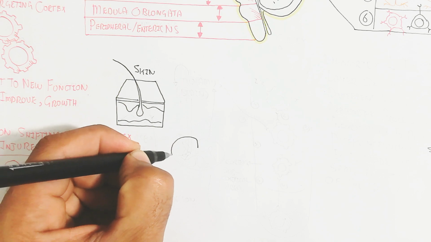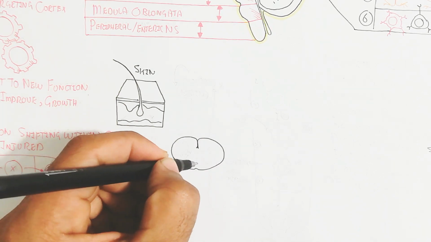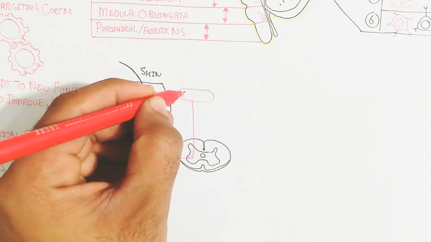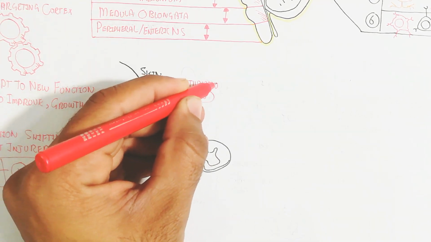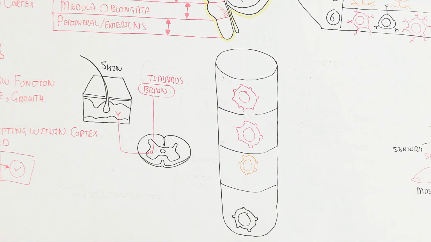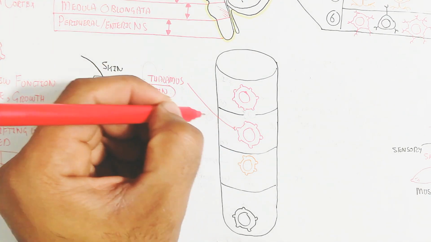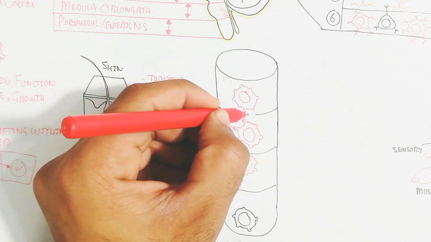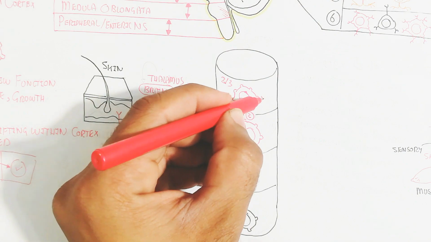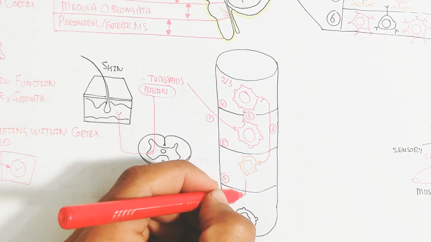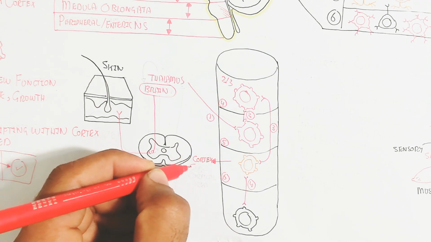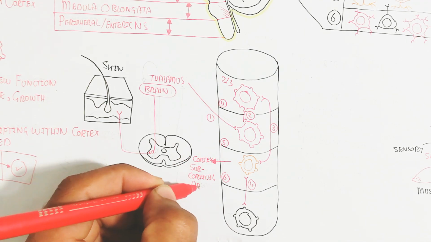So anyhow, this is the skin. Let's begin to understand with a simple diagram. This is the brain. The signal is transmitted after the sensory neurons through the interneuron into the brain, and here is the thalamus. After going to the thalamus, it will target the fourth layer of the neocortex, and the fourth layer will transmit the signal through nerve conduction to layers 2 and 3, and layers 2 and 3 will transmit the signal to the